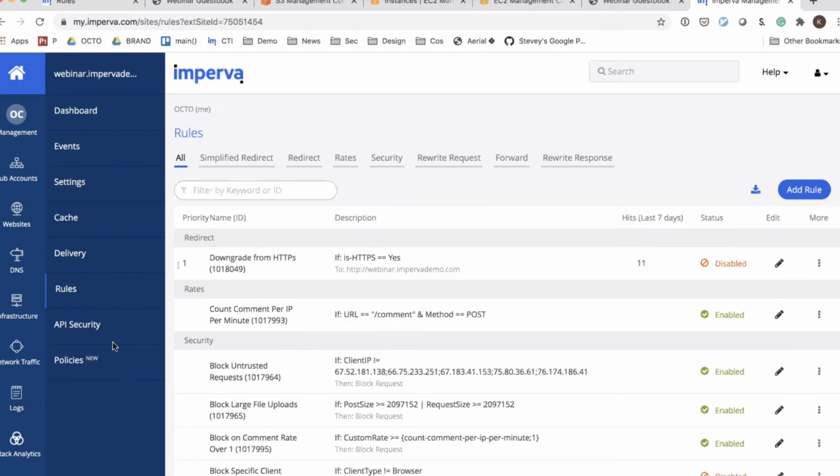But I do know that from a policy perspective, you can accomplish many of these things from there, and policies do cascade on an asset level. So you can do it at a high level organization and then apply it to sub accounts, or you can apply it to separate websites. But it's a good question. I don't know if all of what I'm showing you can be applied as part of the policy management.